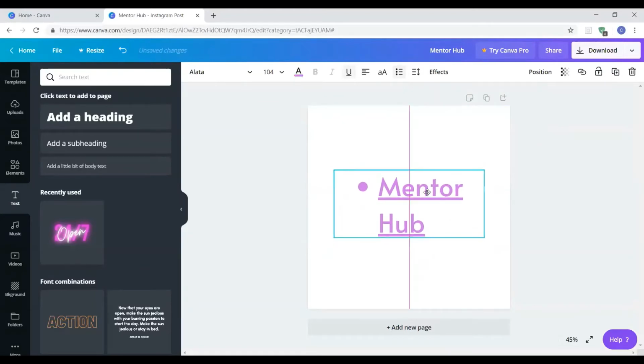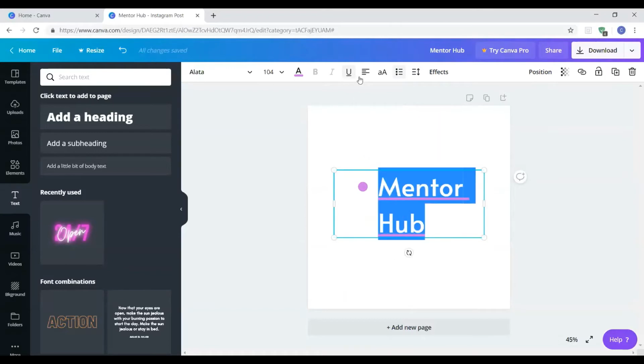And align. Can use this, like change this kind, and also can make it transparent